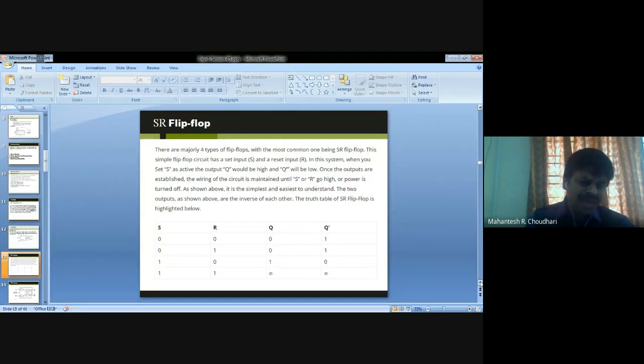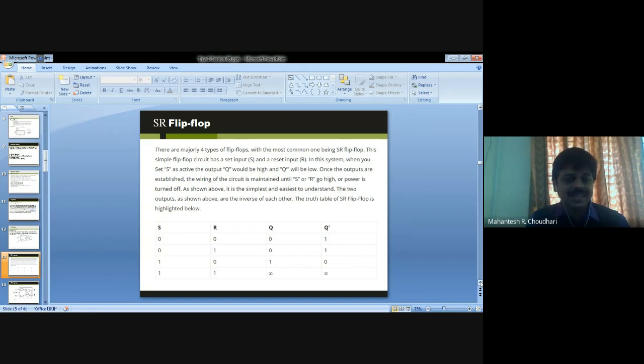The most common, as we know, is the SR flip flop. With the help of that, we are seeing the 00, 01, 10 and 11 combinations. This simple flip flop circuit has a set input S and a reset input R. When you set S active, output Q would be high and Q dash will be low.